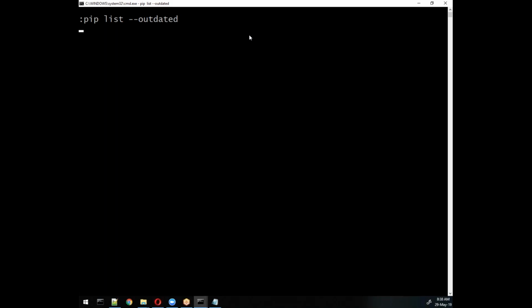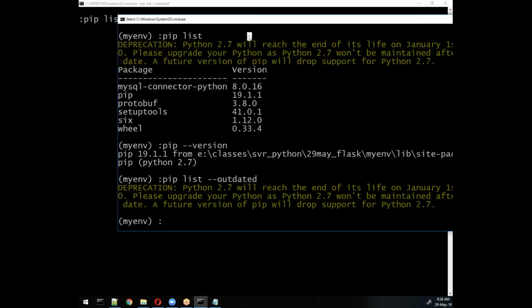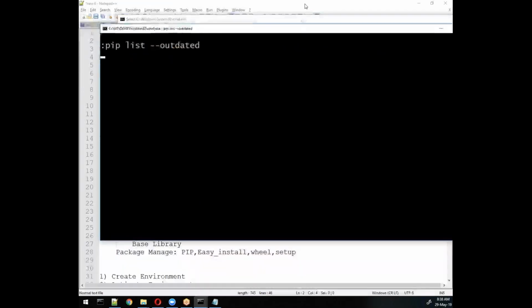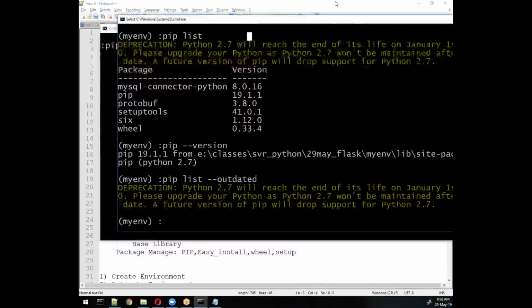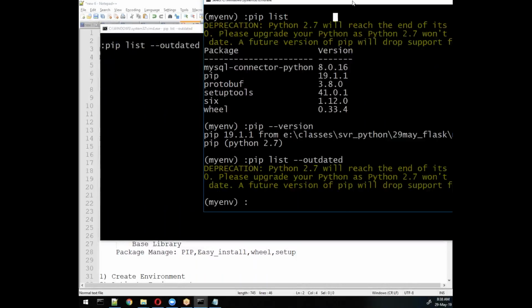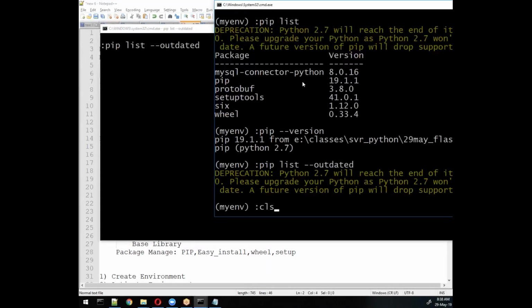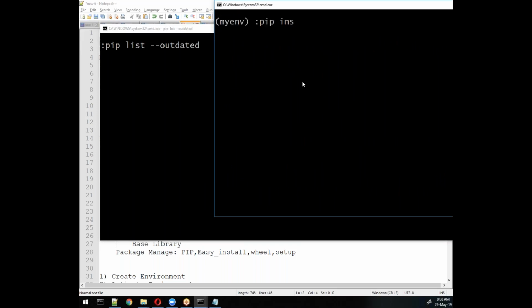There is one more concept with pip. Suppose I want to install a particular version of a package. I will write pip space install and then the package name. Suppose I want to install requests. Let me check whether requests is available or not.